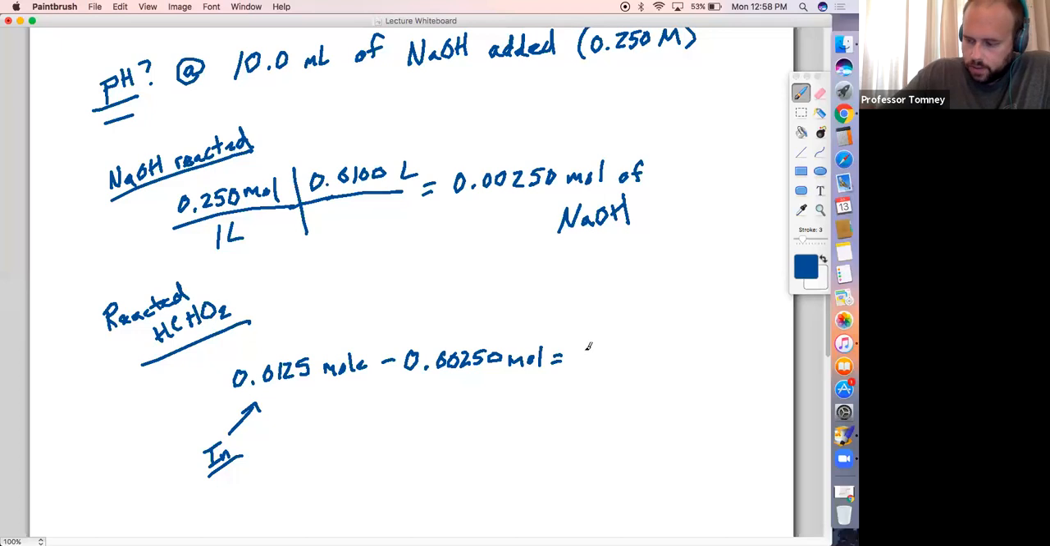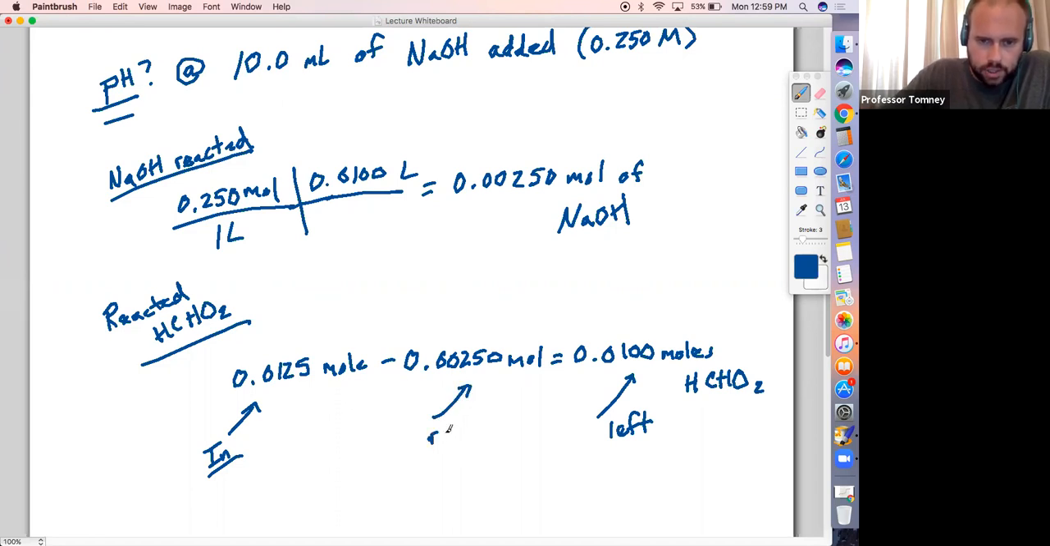And if I do that, I end up with 0.0100 moles of formic acid. So let's consider what all of this is here. This is the formic acid that is left in solution. This is the amount that actually reacted. Everybody following along? So if I know that this is monoprotic, then this value is not just the amount